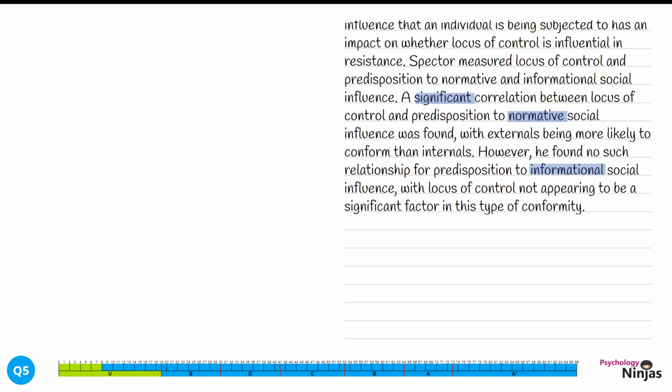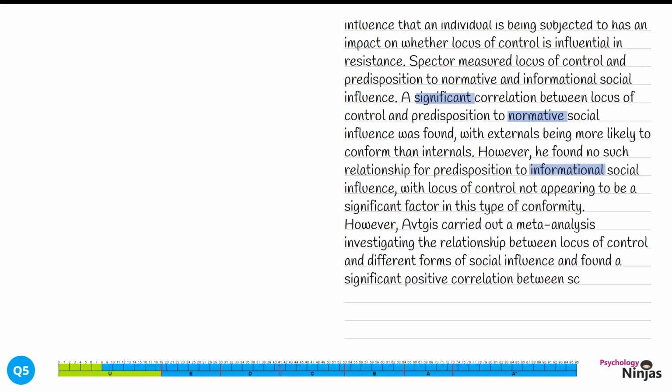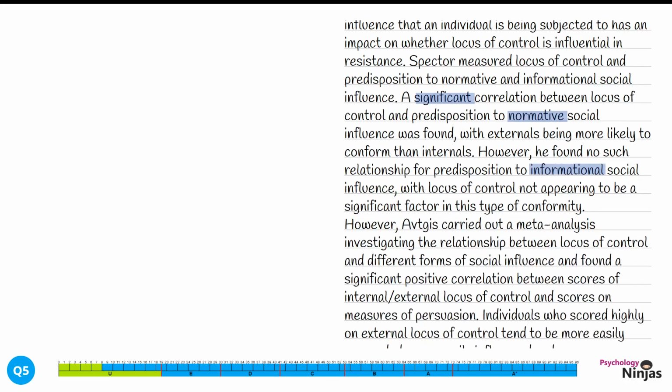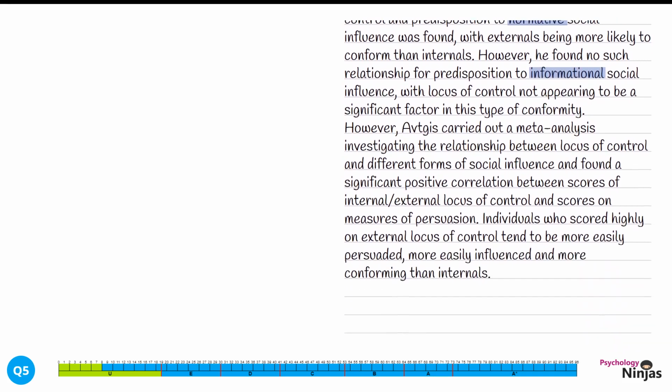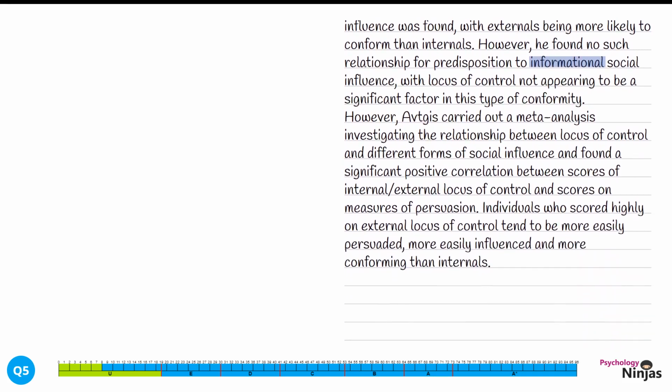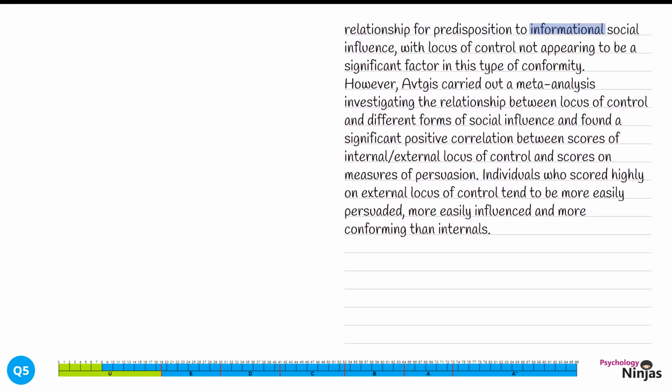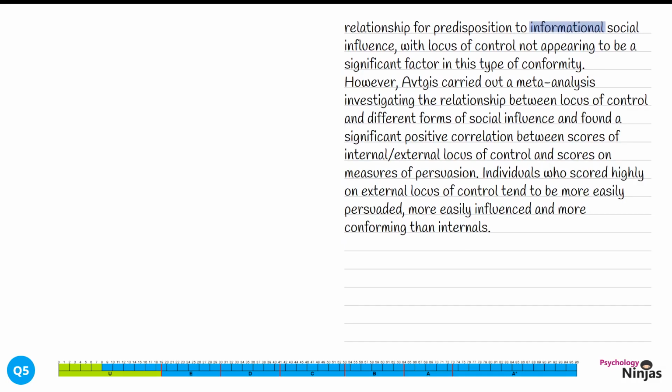We're going to give a counter-argument here in order to show our logical chains of reasoning. However, Agvis carried out a meta-analysis investigating the relationship between locus of control and different forms of social influence and found a significant positive correlation between scores of internal and external locus of control and scores on measures of persuasion. Individuals who scored highly on external locus of control tend to be more easily persuaded, more easily influenced, and more